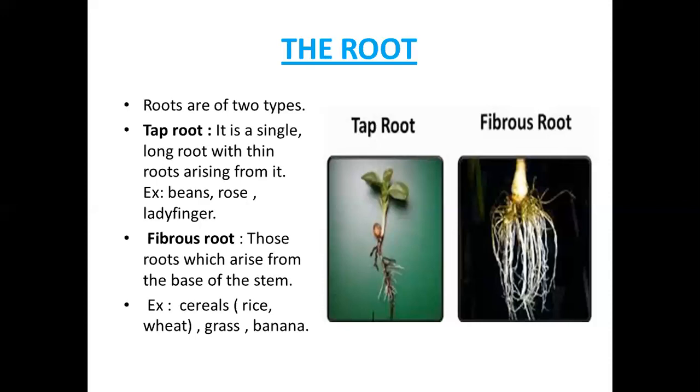The roots are present underground. They help to bind the soil and protect it from getting washed away. So if you pluck the plant from underground and observe the roots, they have soil around them, so they help to bind the soil and protect it from getting washed away. So this is called conservation. These roots are very helpful in soil conservation.